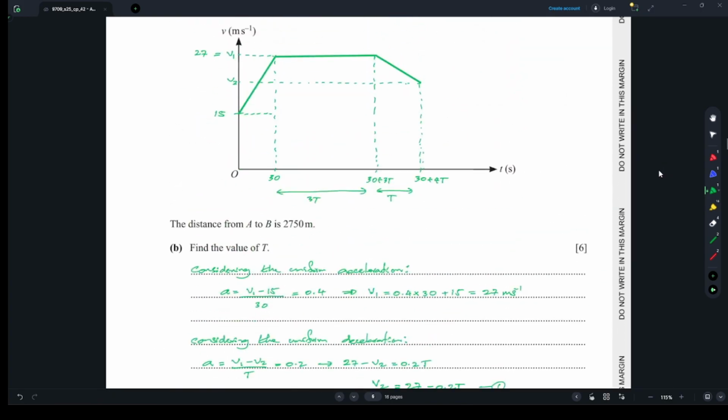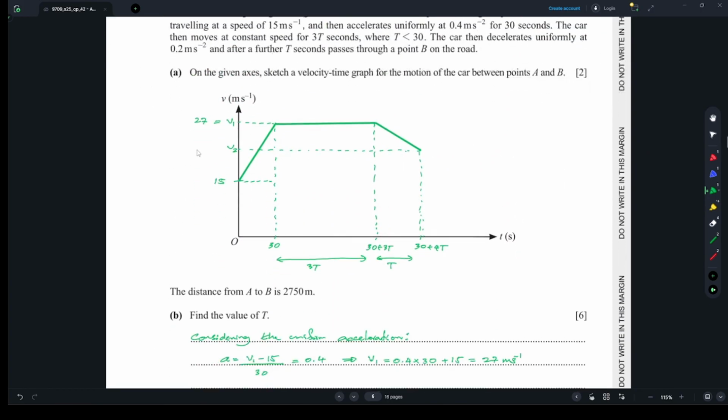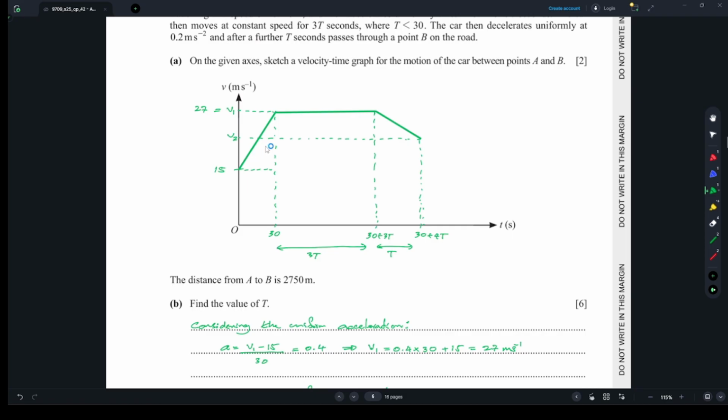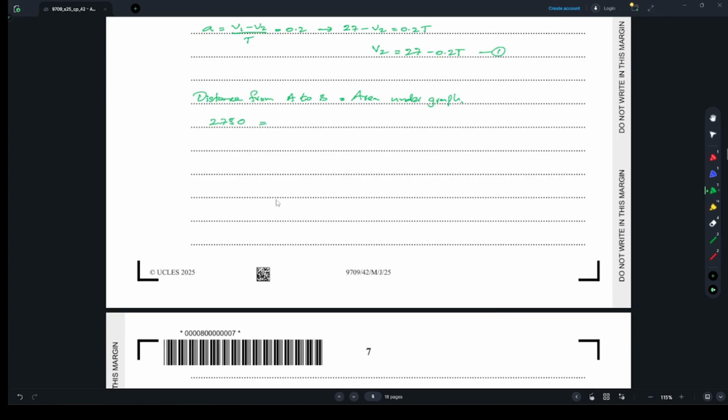In this case, here is the first trapezium with the accelerated motion. The length of the parallel lines are 15 and 27. The height of that one is 30. So we can write here 15 plus 27 divided by 2 times the height, which is 30, plus